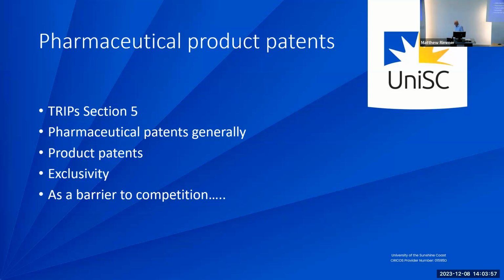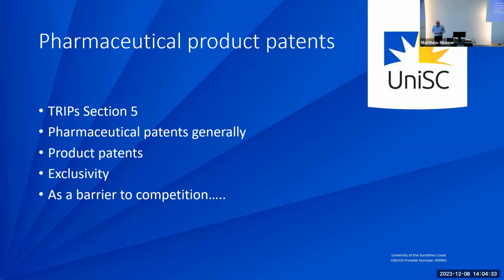They give an exclusivity of 20 years. In some cases, you get an extension. In Australia, we give an extension of up to 5 years under the Therapeutic Goods Act. As far as barrier to competition goes, I said data exclusivity doesn't actually stop a generic manufacturer from repeating those trials, apart from those big considerations we had. A patent stops them in their tracks. No one else but the patent holder or a licensee can exploit that particular molecule for the period of the